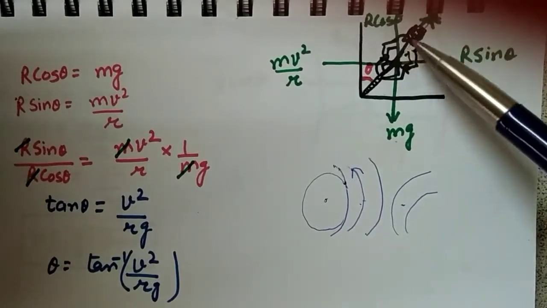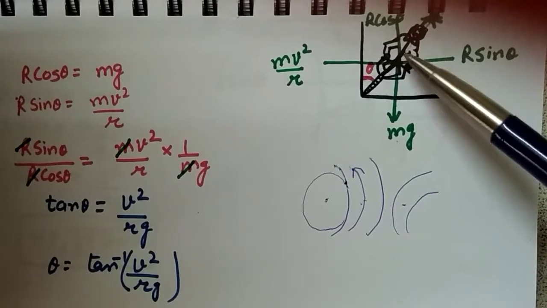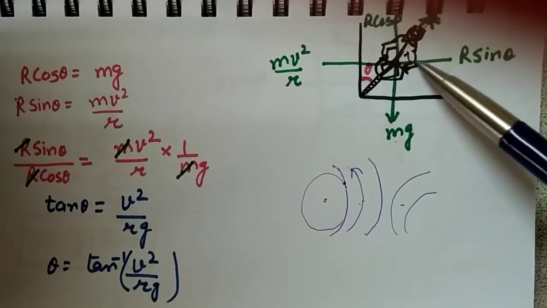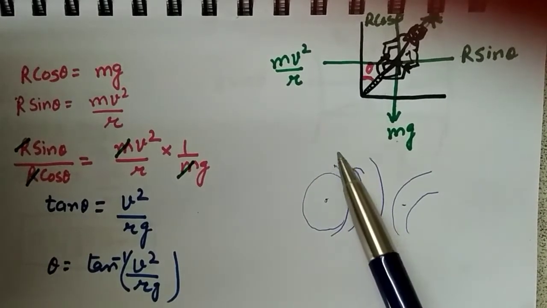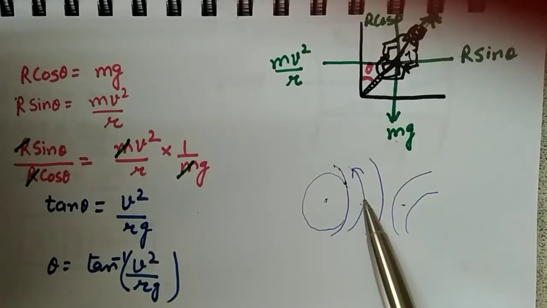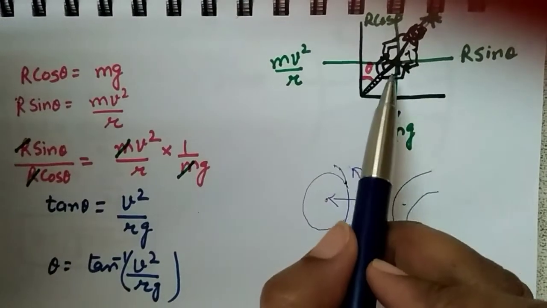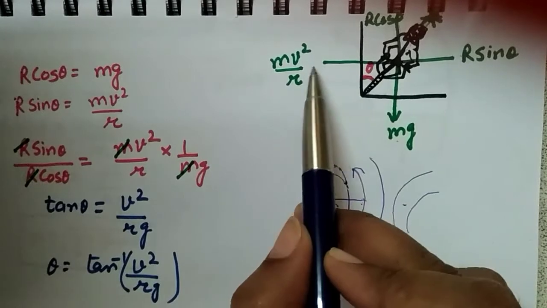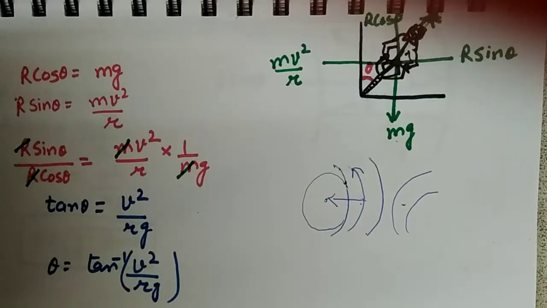So what I will do is resolve the reaction component into two further components, R cos theta and R sin theta. And obviously, if the circular path is like this, the centripetal force always acts towards the center. So the value of centripetal force is mv square upon r, and the cyclist will be bent towards that. Now it's very simple. After we have understood the components of the force, we just have to write the equation.